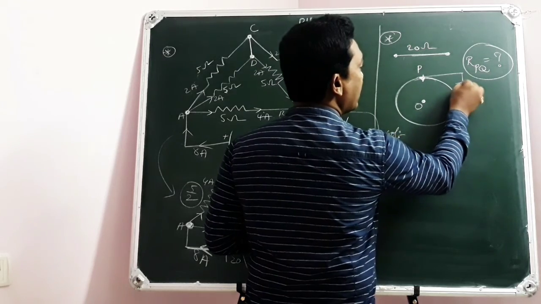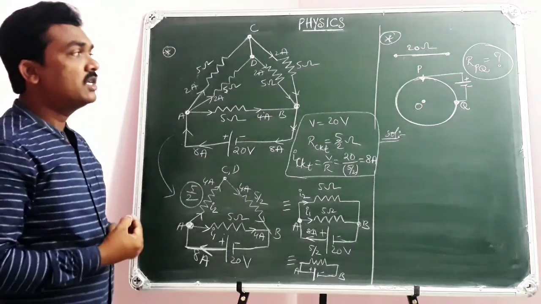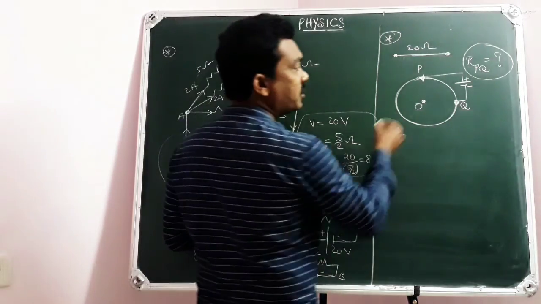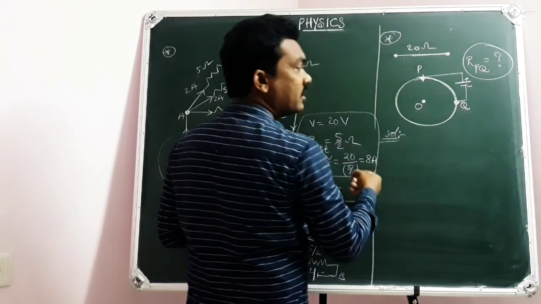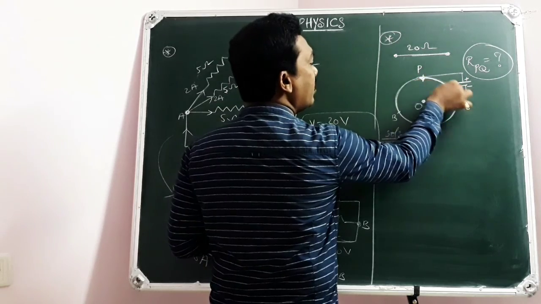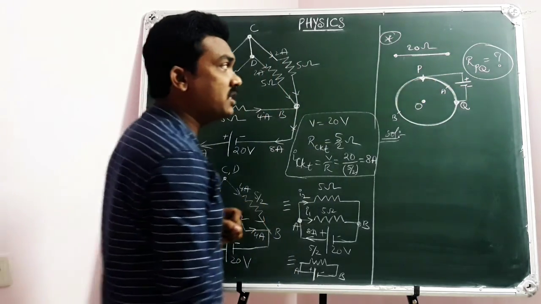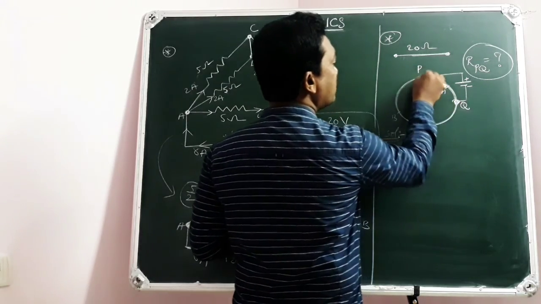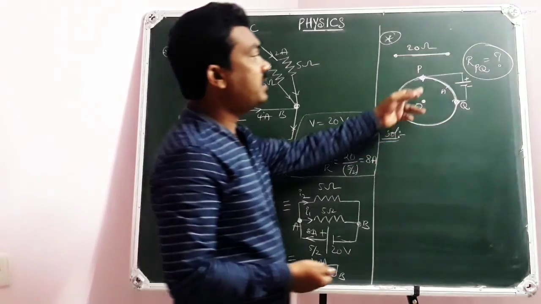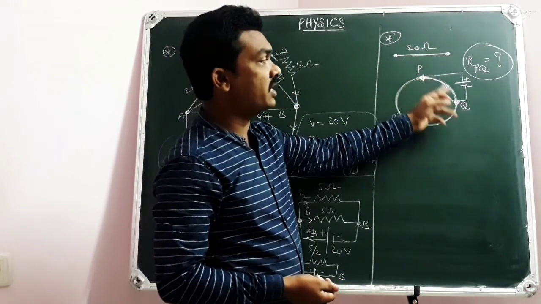I suggested you already in the earlier class, between what points you wish to calculate equivalent resistance. Suppose a battery is connected between the 2 points. Then it appears that PQ is a portion. Of course, let me write PAQ and here PBQ. PAQ is a portion and PBQ is another portion, which are connected between 2 points P and Q. It appears like that. This quadrant and this 3/4 are connected between 2 common points P and Q at